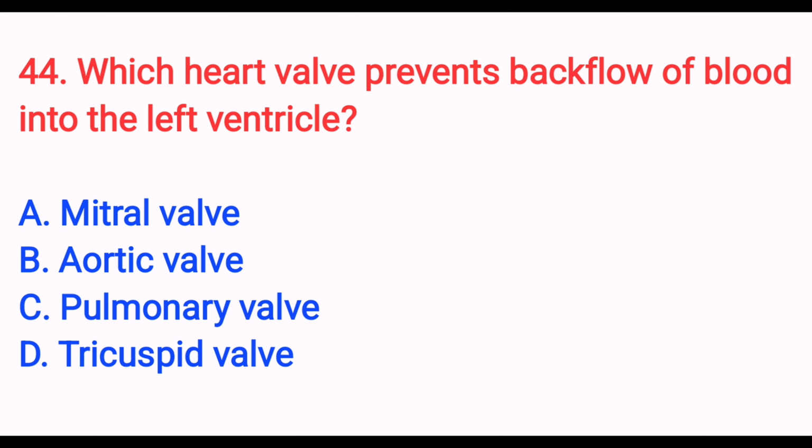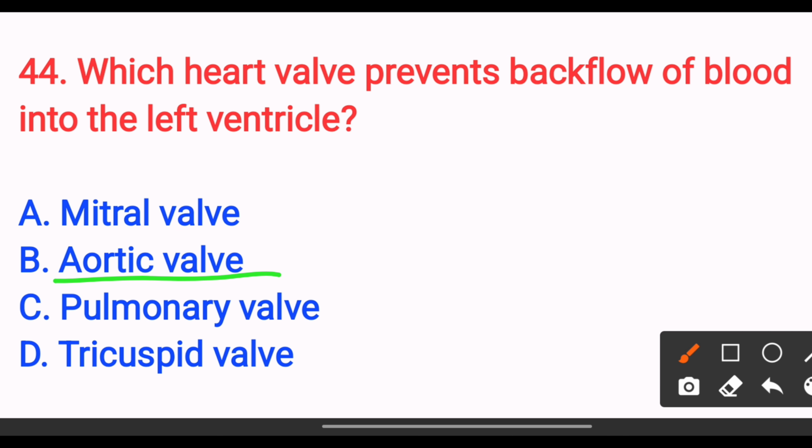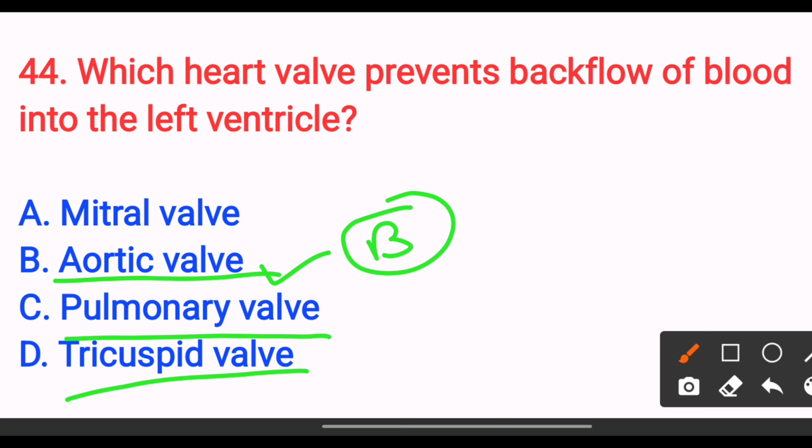Which heart valve prevents backflow of blood into the left ventricle? Option A mitral valve. Option B aortic valve. Option C pulmonary valve. Option D tricuspid valve. The answer is option B, aortic valve. The aortic valve closes during diastole, preventing the backflow from the aorta into the left ventricle. So the answer is option B. Next,